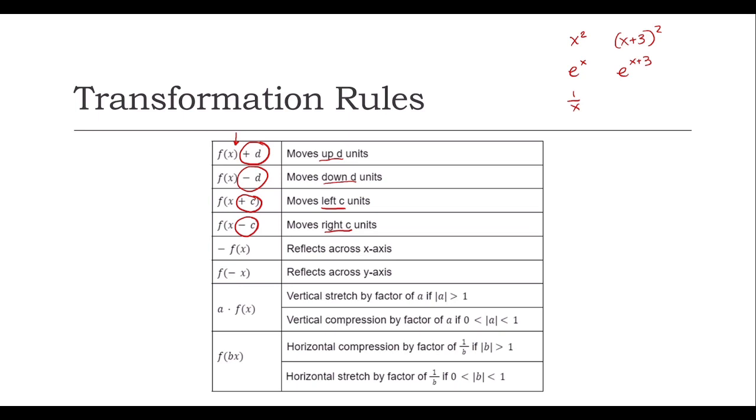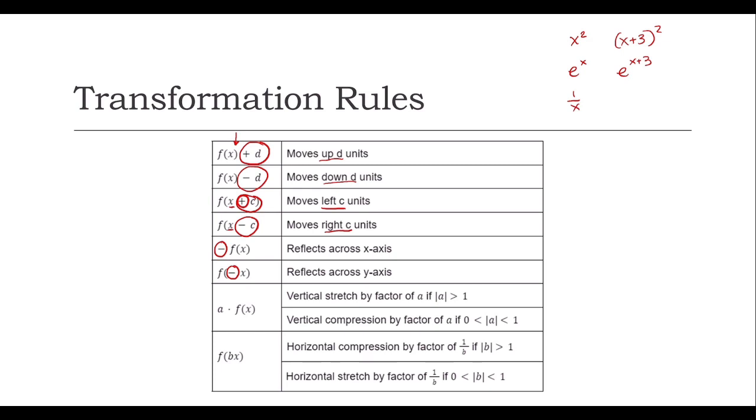It moves left and right because it's in with your x, and your x is your horizontal axis. The main thing that's weird is your plus is going to move left, which is towards your negative direction, so it does the opposite of what you would think it does. This negative on the outside will reflect it across the x-axis because it's switching your y values from positive to negative and vice versa. This negative on the inside with your x switches your x values, so it'll reflect it